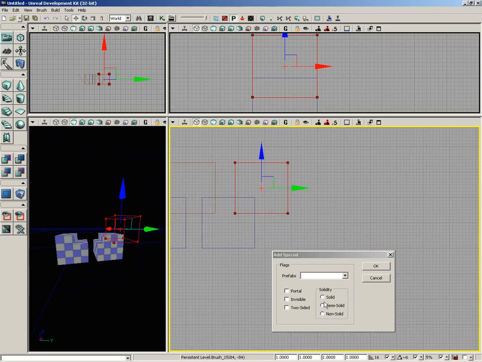The big important options you have in here are your solidity options for solid brushes, semi-solid, and non-solid. A solid brush is just your basic brush. It means that as a player runs into it, it's going to stop the player. It's going to stop any projectiles that move through it. A semi-solid brush is going to do the same thing, however,